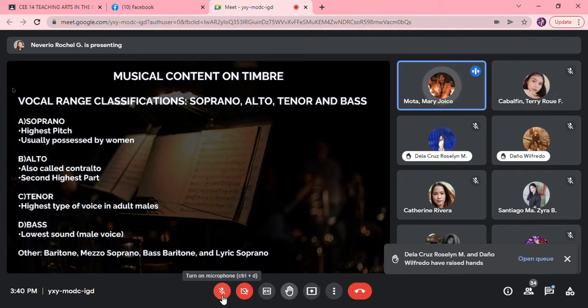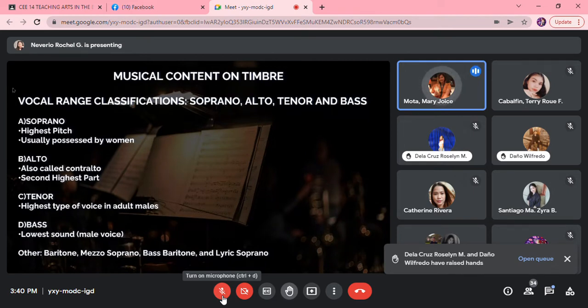So, walang hanggan. Tapos, pataas siya. Pagka alto naman, tumatakbo. Pwede siyang maging ganon. Depende pa yon kung paano siya ipe-perform. Kapag group siya and yung mga group na magkakasama is maalam talaga sa music, sometimes nagha-harmonize pa siya. So, letter C is the tenor, highest type of voice in adult male.